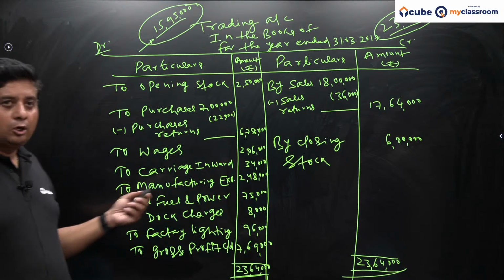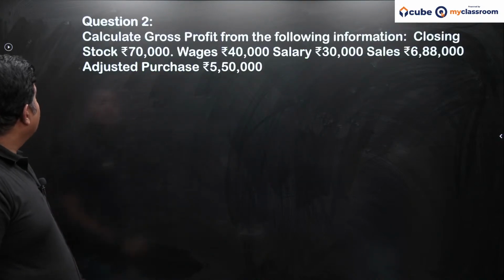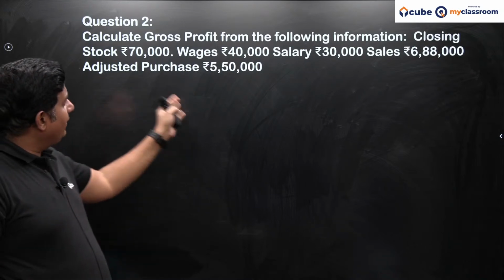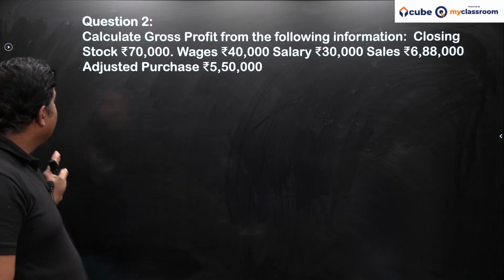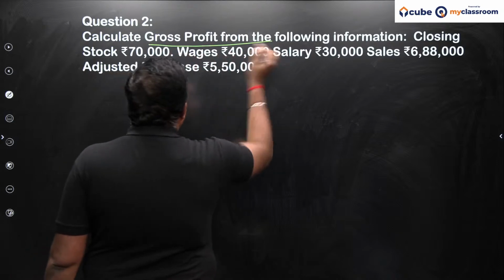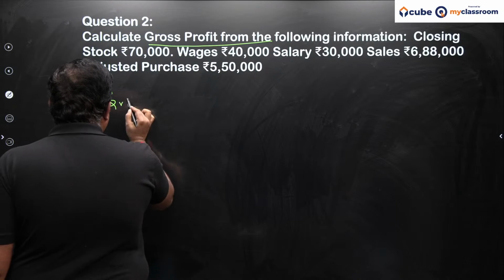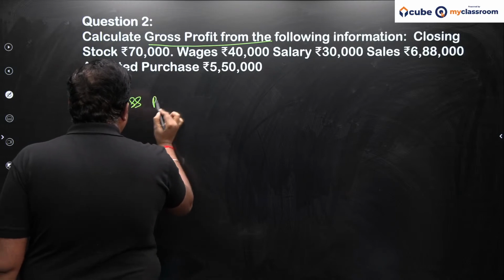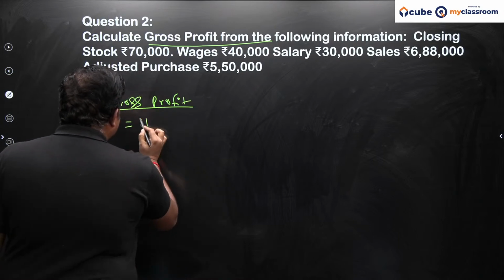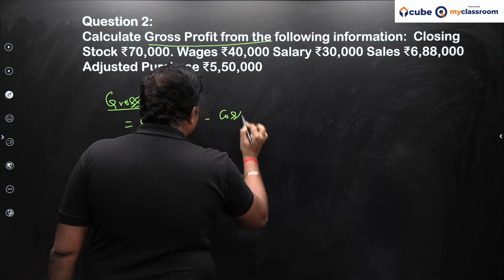Now let's talk about a few questions जो formula based questions है. जैसे ये क्वेश्चन ले लिया हमने, कैलकुलेट ग्रॉस प्रॉफिट फ्रॉम द फॉलोइंग इंफॉर्मेशन, क्लोजिंग स्टॉक है, वेजेस है, सैलरी है, सेल्स है, एडजस्टेड परचेजेस गिवन है और निकालना क्या है हमें, ग्रॉस प्रॉफिट। तो सबसे पहले जो मेन फॉर्मूला है वो क्या है ग्रॉस प्रॉफिट का। तो इन ऑर्डर टू असर्टेन द ग्रॉस प्रॉफिट हम फॉर्मूला कौन सा यूज करने वाले हैं, फॉर्मूला होगा नेट सेल्स माइनस कॉस्ट ऑफ गुड्स सोल्ड।